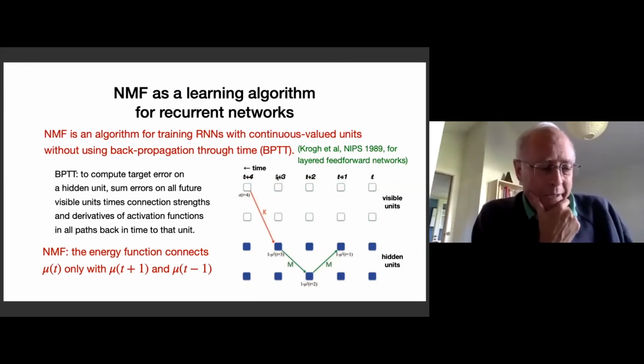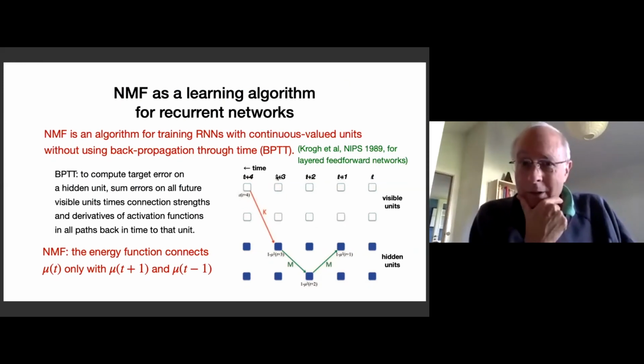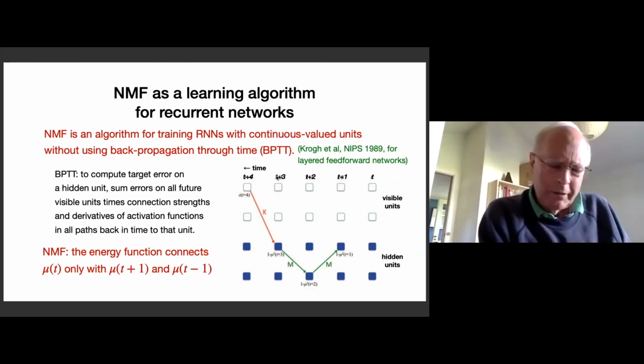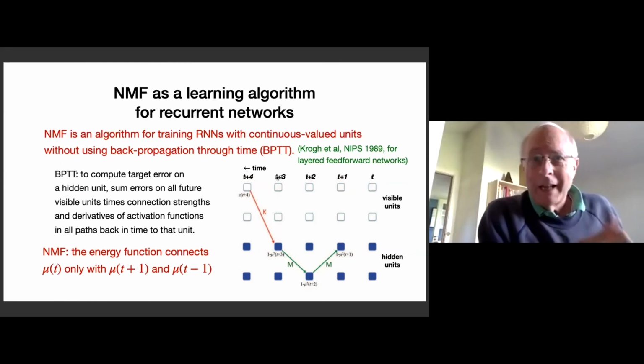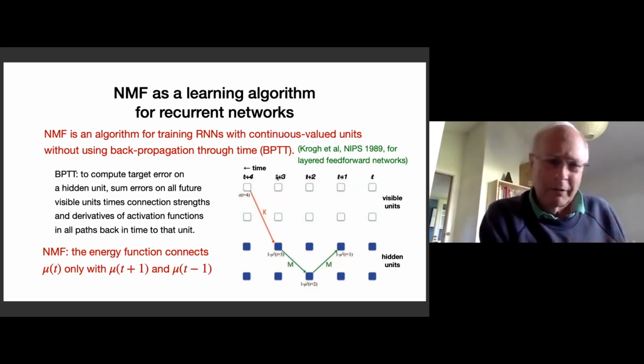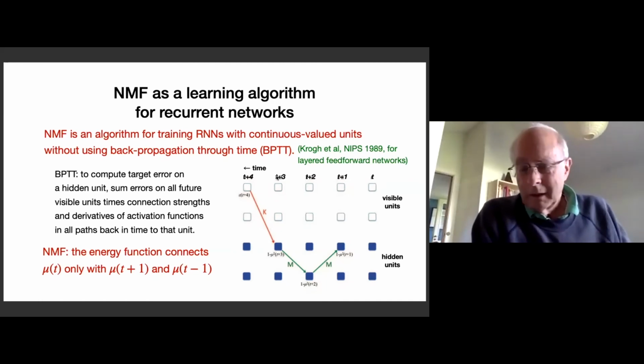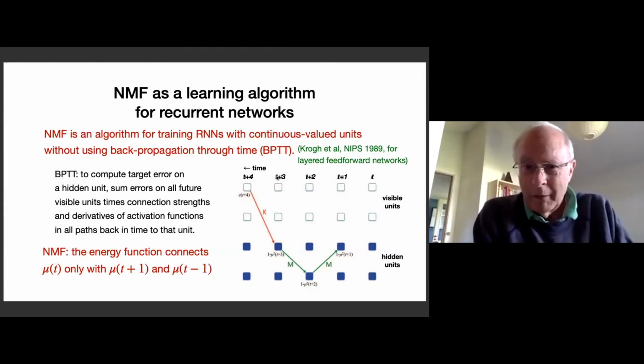So this made us think of naive mean field theory in its own right, even though it's deficient as a theory of stochastic systems, as a learning algorithm for recurrent networks. So it's a way of training a recurrent network with continuous valued units without using backpropagation through time. And backpropagation through time is what makes doing recurrent networks kind of messy,